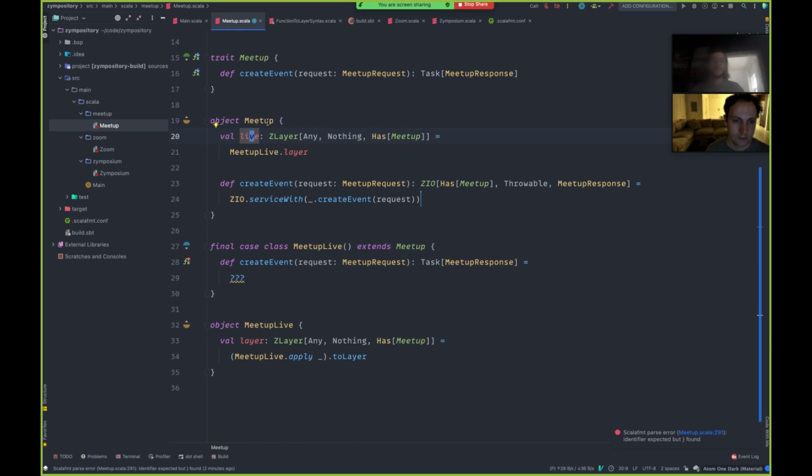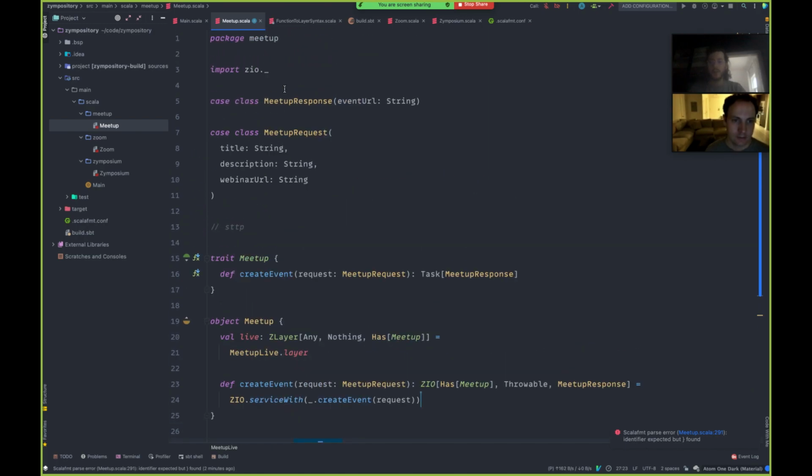You just type meetup.live. But if you have a bunch of packages that are separated, and for some reason the trait is in a different package than the implementation, then due to dependencies you probably can't have a cyclic one. So on the companion object, just have a val layer, right? Because it is already an implementation, so you're not going to have a live and test version of an implementation. Anyway, just some random thoughts.